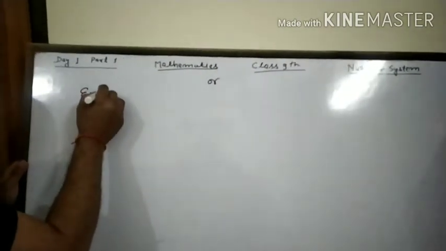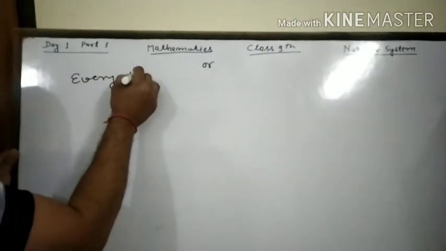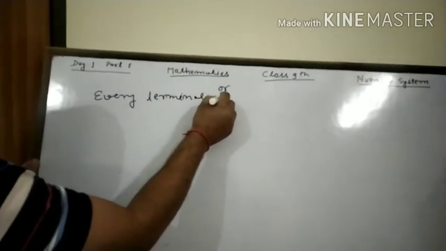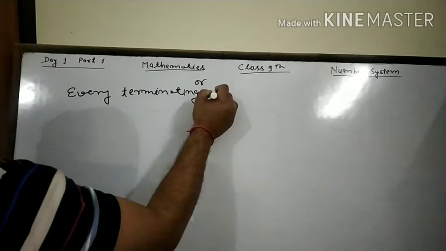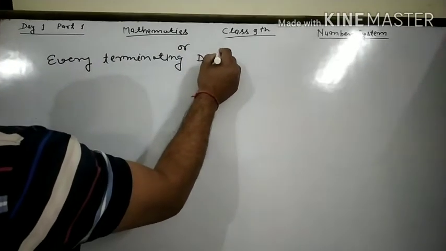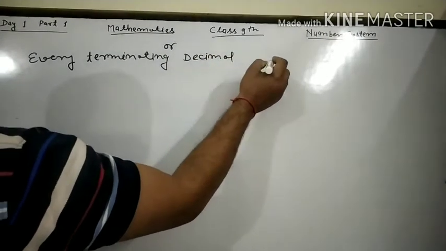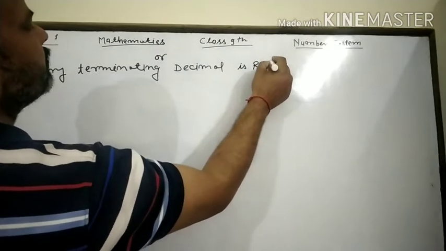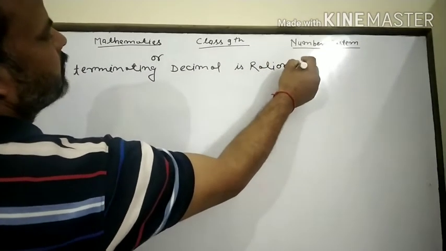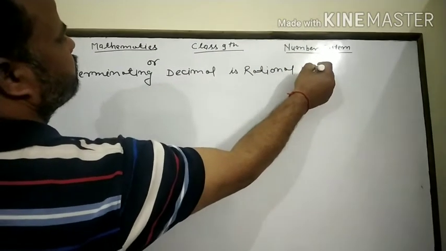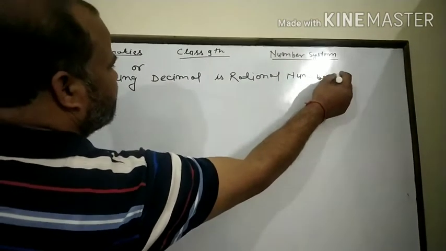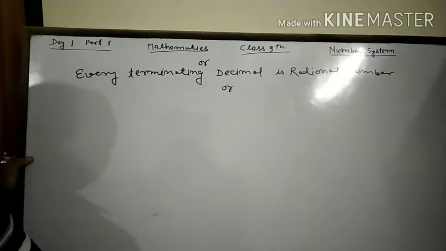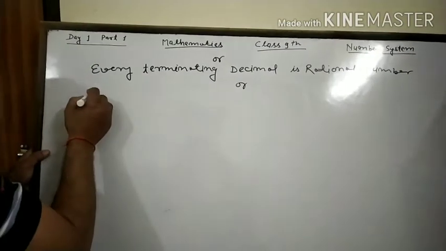Every terminating decimal is a rational number, or you can define, suppose it is non-terminating, then you say